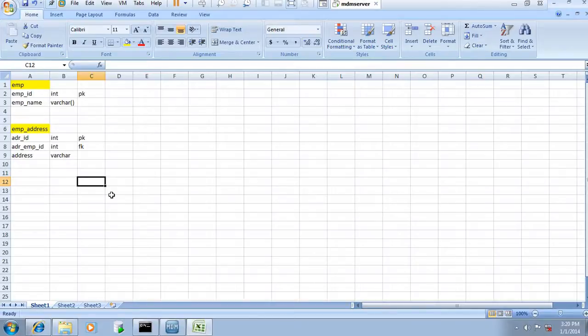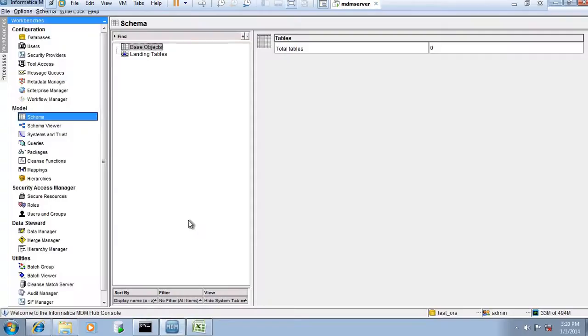First of all we should understand, if you want to create a landing table then we can easily create the landing table first, but for good understanding we have to plan that we have to populate all the records in the base subject table. That is our main target, right? So we have to start thinking about what the columns should be in the base object, because as we know, for creating a staging table first of all we have to create the base object, then we can create the staging table. The landing table we can create independently, that's not a problem.